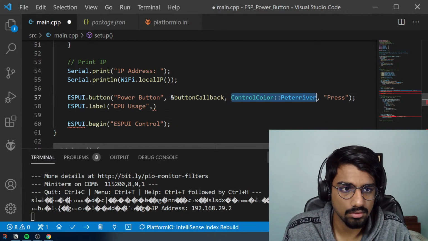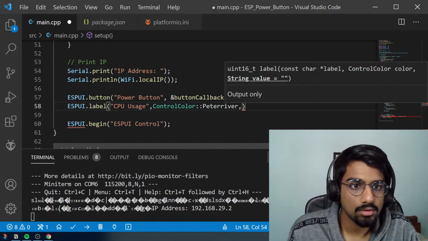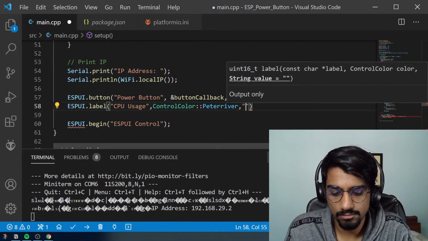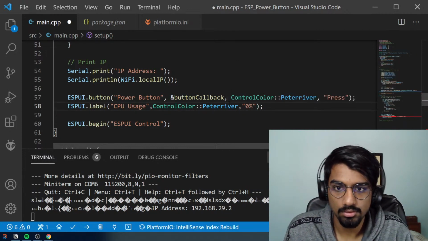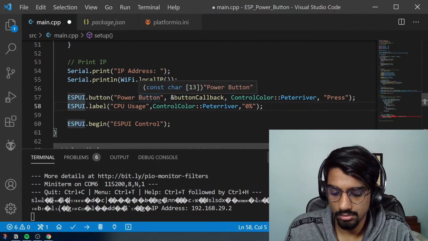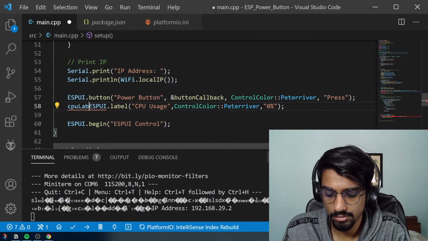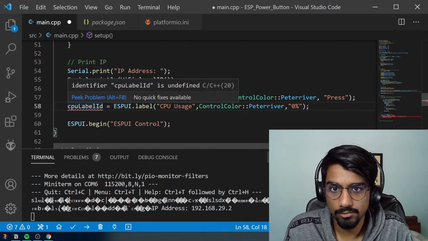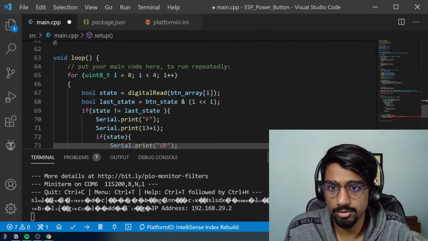just use the same color, the value, 0%, CPU label ID. I have declared this ID script